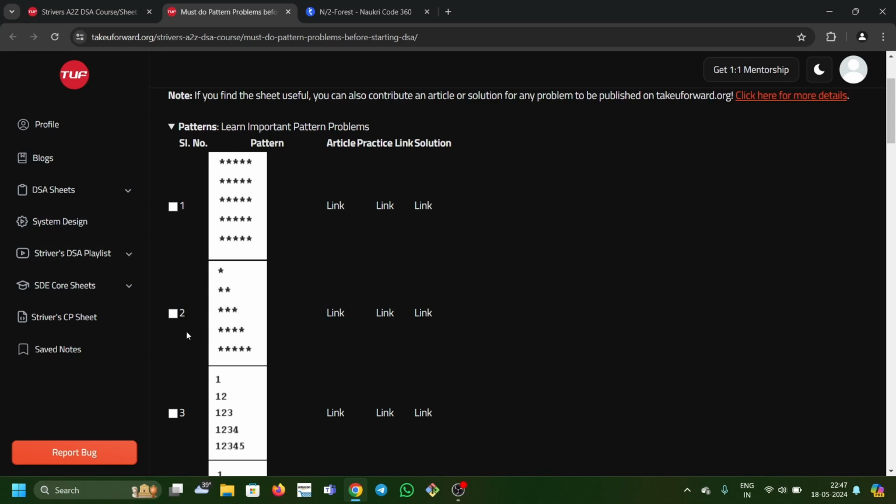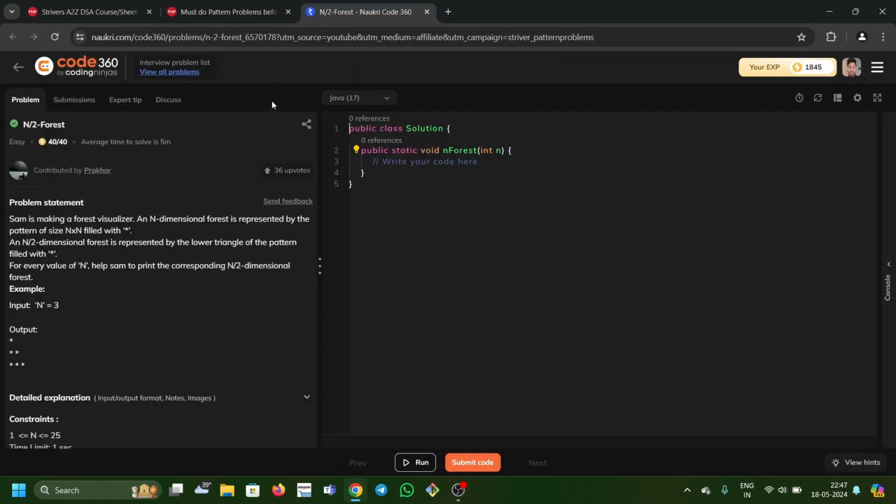Today we are going to solve the second number question. So we have the n by 2 problem in which we have to print a right angled triangle of stars, and those stars will be separated by a spacing between. So basically we have to print n number of rows, and in each row we have to